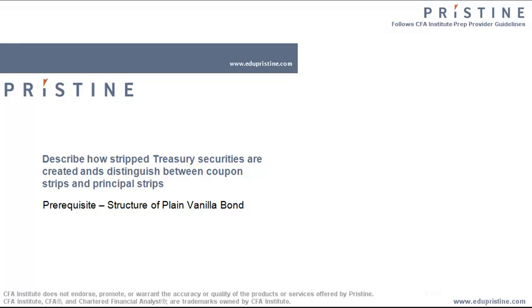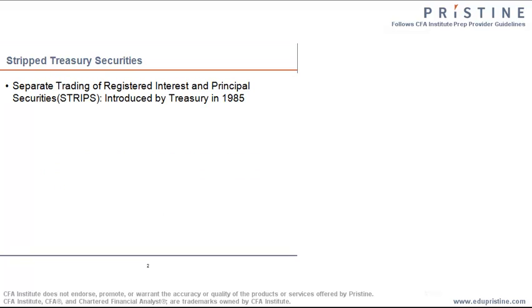Hi, in this session we shall understand how a stripped treasury security is created and understand the difference between a coupon strip and a principal strip. The prerequisite for this session is that you understand the structure of a plain vanilla bond. So let's get started. The investment bankers noticed that the Treasury does not issue zero coupon treasury bonds or treasury